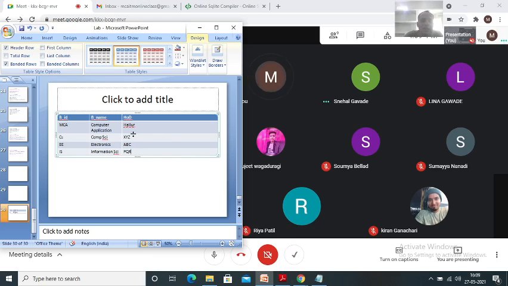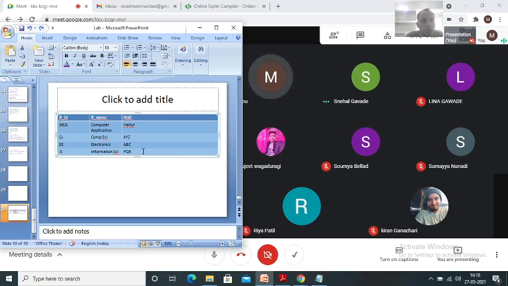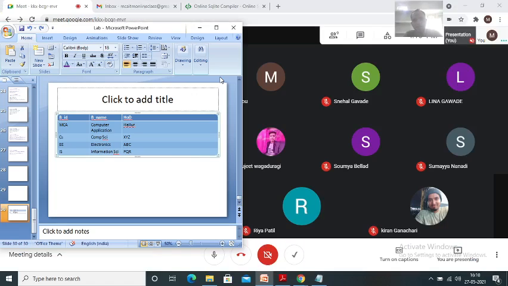See here now, these are called values. Let me make it full screen. Let me spend 2 minutes on this so that you can understand still better.